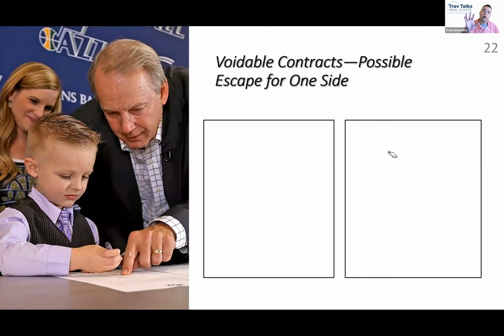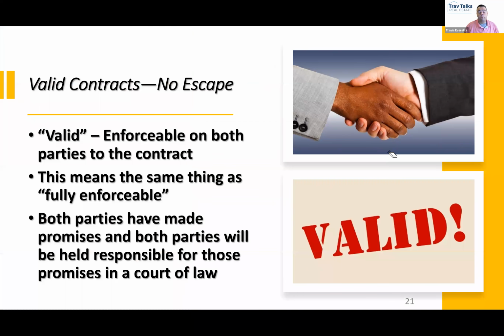And so hopefully you see where we're headed here. Are we going uphill from here, or are we going downhill? Downhill. Now, remember, what's all the way at the bottom of the hill before we get down? What did we say was the worst contract status that there could be? No contract. Unenforceable.